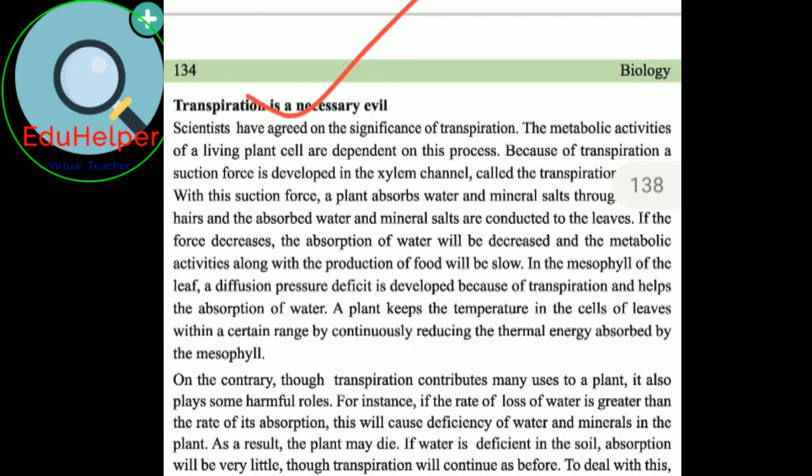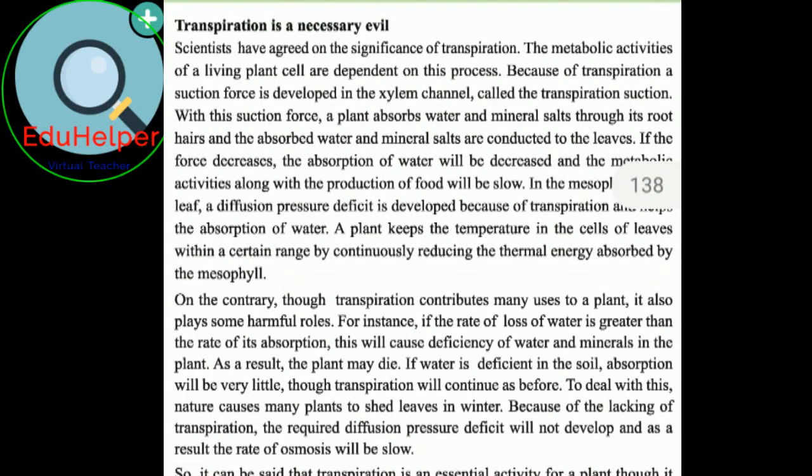If the force decreases, the absorption of water will decrease, and the metabolic activities along with the production of food will be slow. In the mesophyll of the leaf, a diffusion pressure deficit is developed because of transpiration and helps the absorption of water. A plant keeps the temperature in the cells of leaves within a certain range by continuously reducing the thermal energy absorbed by the mesophyll. On the contrary, though transpiration contributes many uses to a plant,